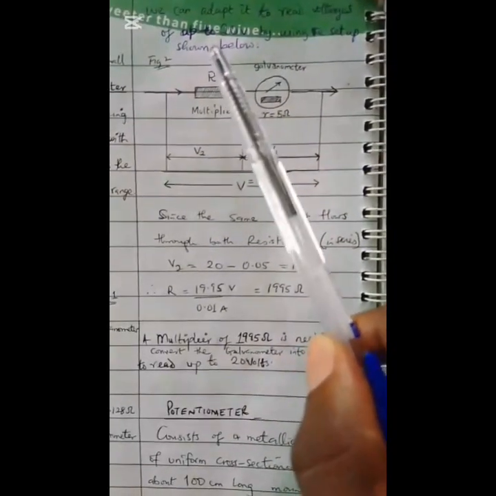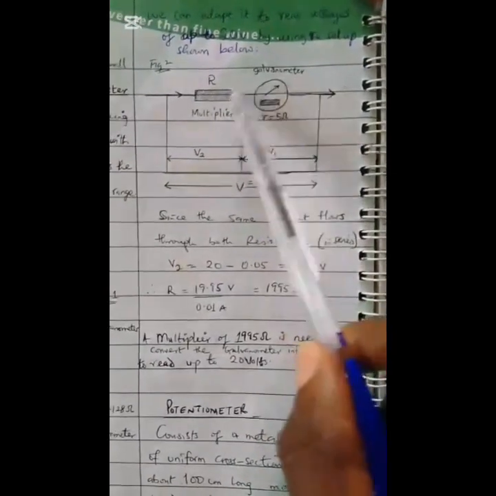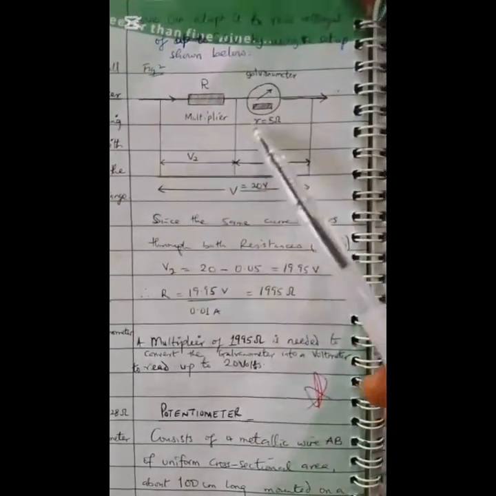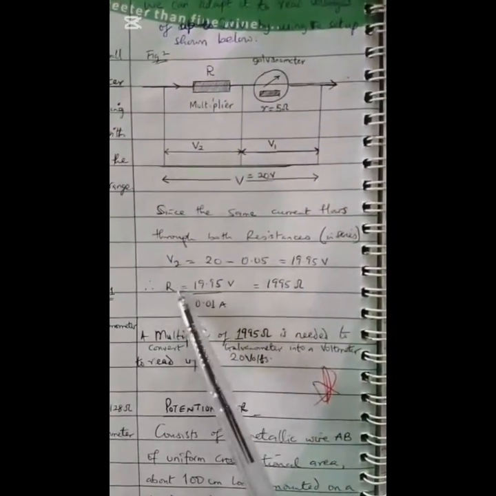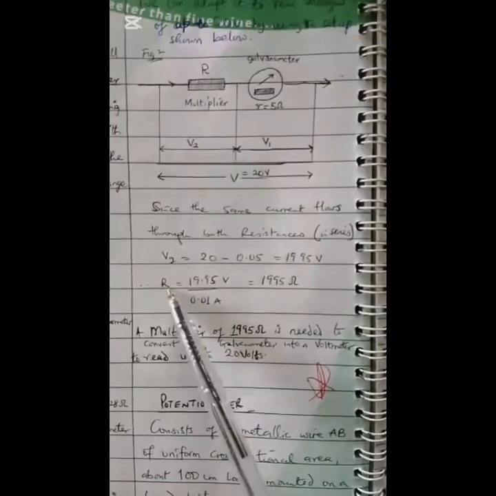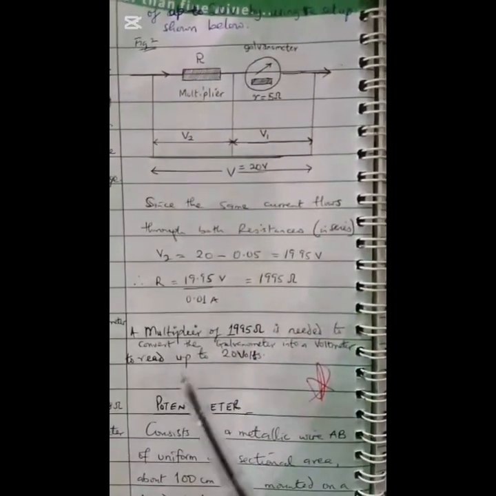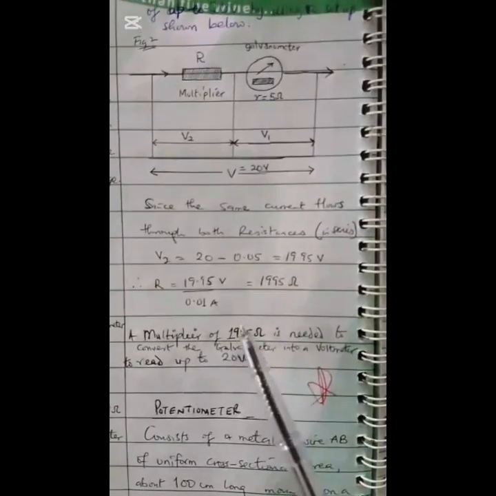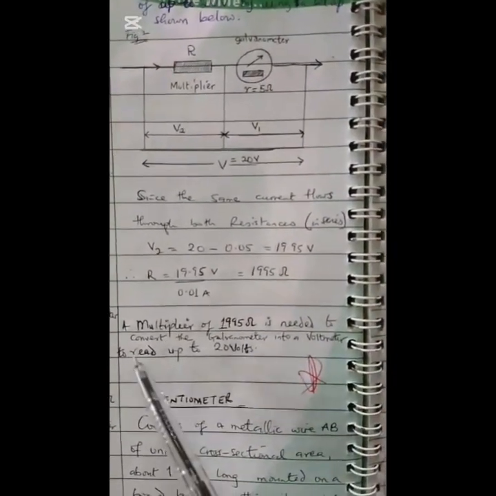That's our resistor in series that helps us adapt this galvanometer into a voltmeter that can read up to 20 volts. So voltage over current gives us the value of the multiplier resistance which we need, which is a huge value, 1995 ohms. So a multiplier of 1995 ohms is needed to convert the galvanometer into a voltmeter to read up to 20